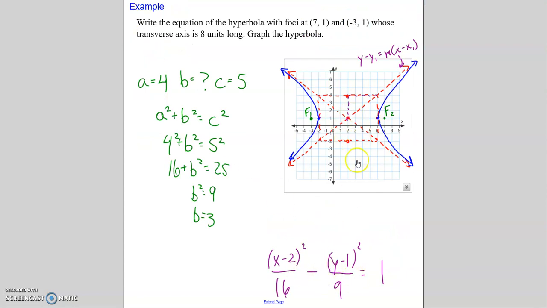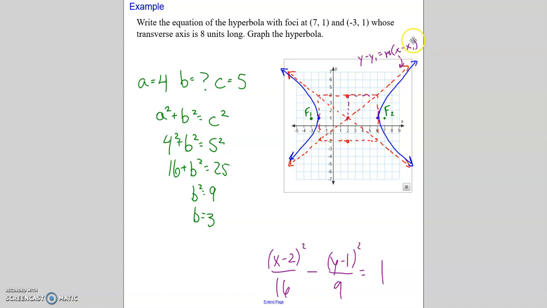And there's the equation for this hyperbola. Next thing we're going to do is talk about these asymptotes. You can see I have an equation written down right here for the asymptote. The asymptote is a line. And what we're going to do, we'll often be asked to write the equation of this line, and we're going